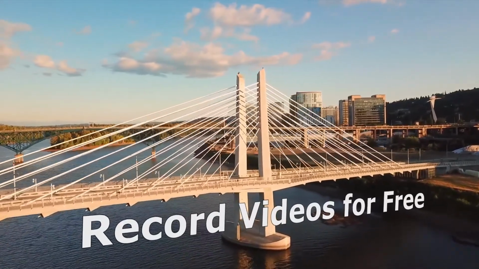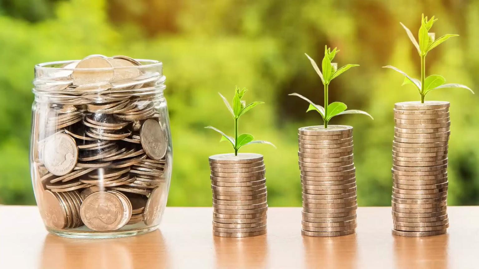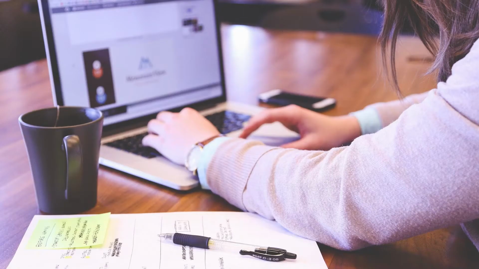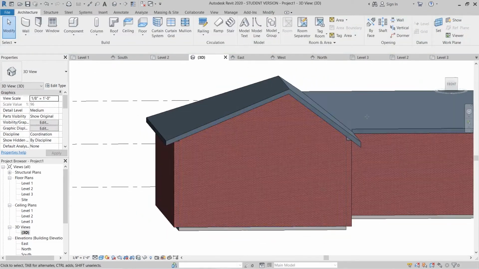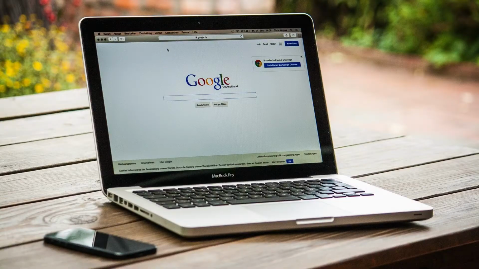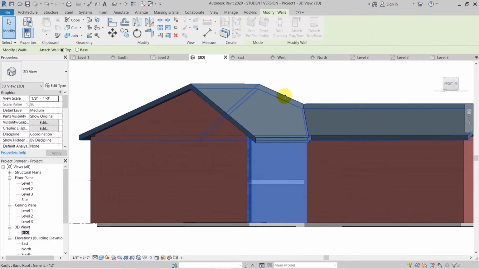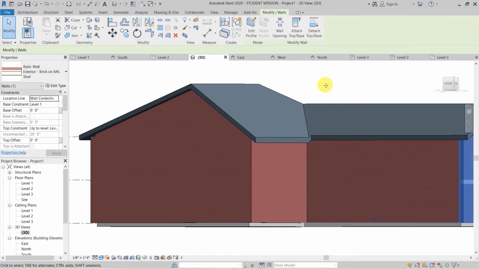Hi, I want to show you some software that you can use, A, for free, and B, if you're on a restricted computer, maybe working on a company computer, and you can't actually load software on the machine, and you still want to make videos. Well, I'll show you a couple of zip files that you can unzip and use on just about any computer without security privileges. They're safe, they're free, and they're used all over the world.